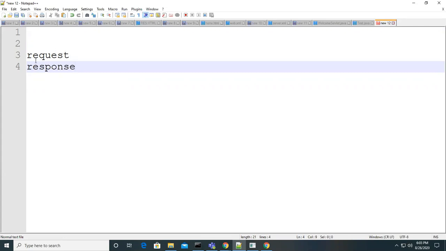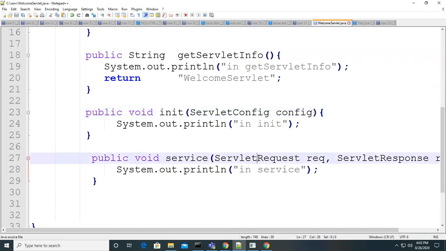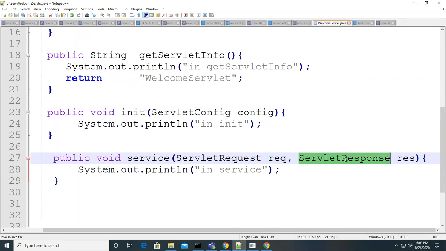Creating a request and response object is nothing but creating objects for classes which implement the ServletRequest and ServletResponse interfaces. For those two classes, the server is going to create the objects.